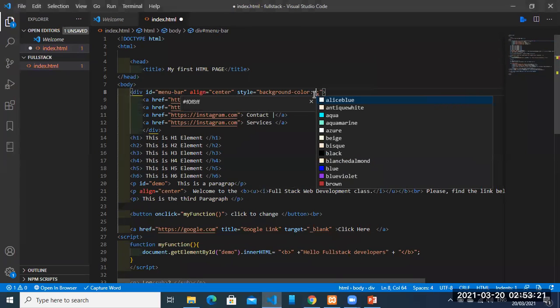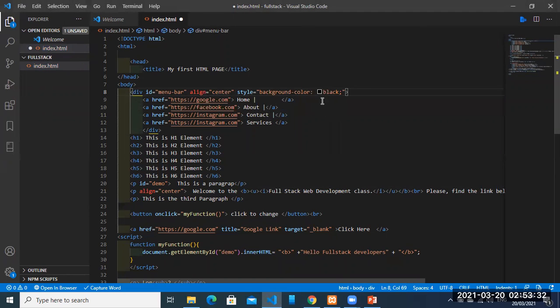Yes, colon. Then you put the value. So let's say you want to add black, or if you have the color code combination, when we get there, you will know. I can also use the color code to do this. So I can put a hash, I think 000